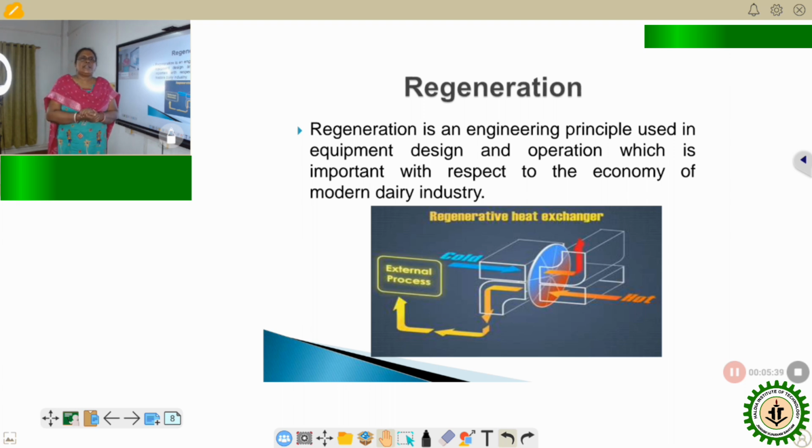So if in the equipment design we can make some changes so that the heat of pasteurized milk can be recovered to heat the raw milk, then the raw milk will be heated to the final temperature with less amount of hot water, and by doing so the pasteurized milk will also be cooled to some degree. By doing such type of design in the HTST system, obviously the process economy will be improved.